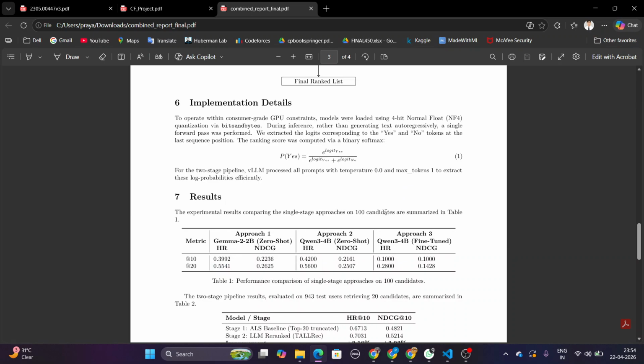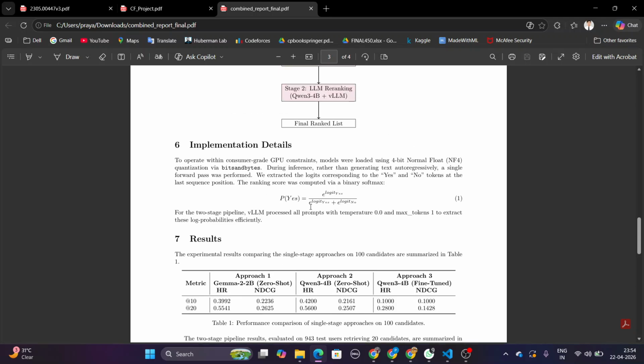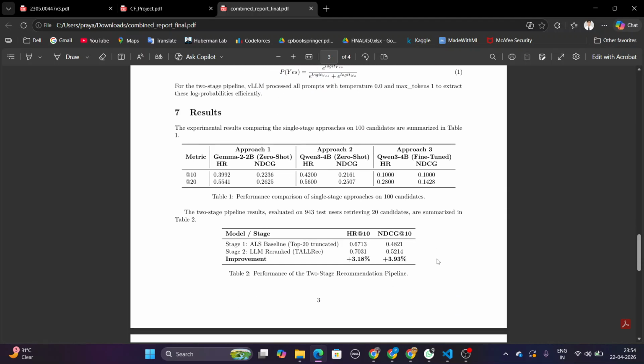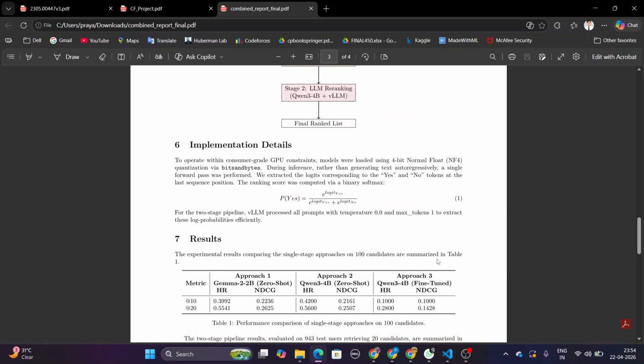Then we went to fine-tuning after that. Seeing the zero-shot success, we assumed that fine-tuning the model using LoRA would push the performance even higher. However, we encountered a classic machine learning trap. When we fine-tuned Qwen 3 model on a constrained subset of 50 users, roughly 1,700 examples, performance plummeted to just a 10% hit rate.